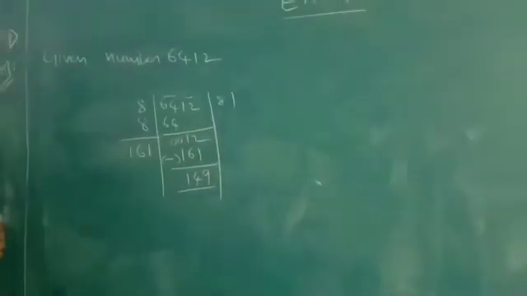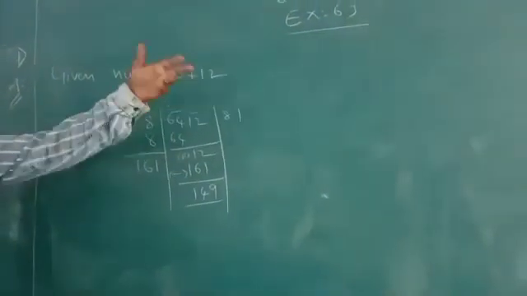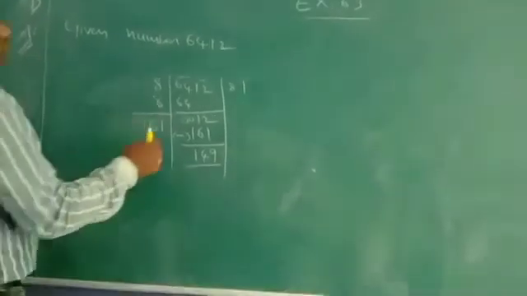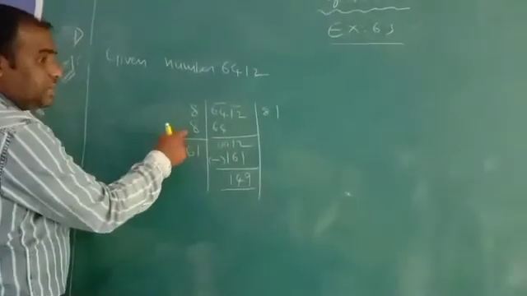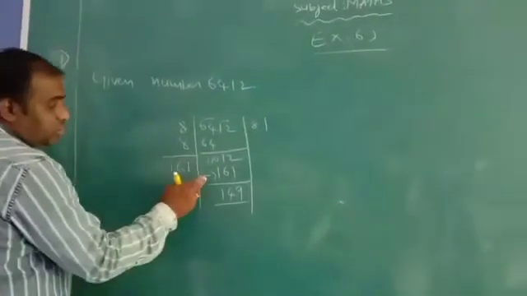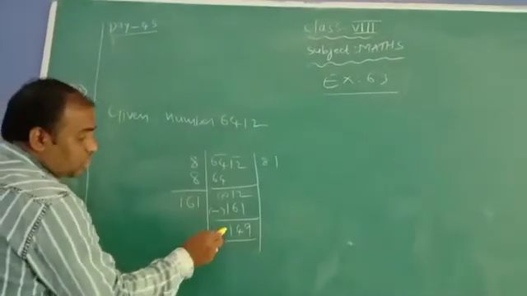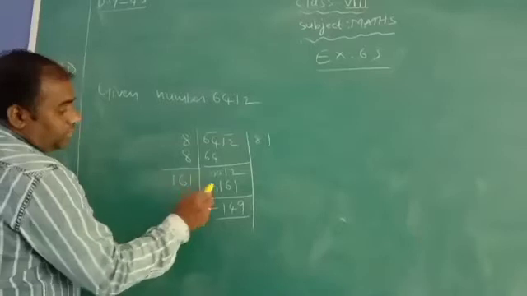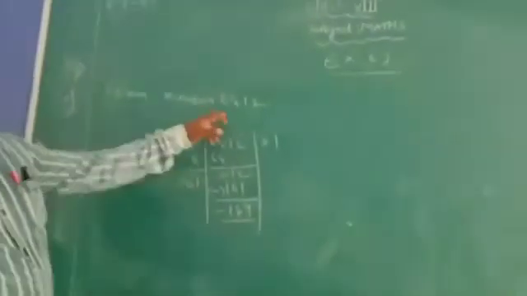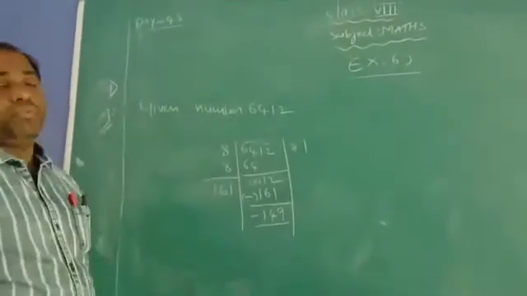Means what are they asking? How much to this number so that it becomes a perfect square. Therefore, what now? See, 8 8 is 64, 12 remainder. Here 8 plus 8 add 16. Here 1 1 is 161. This is the largest number, the smallest number now. Here larger minus smaller. 161 minus 12 is 149. Means how much to add to this number? What number added to this number then it becomes a perfect square?